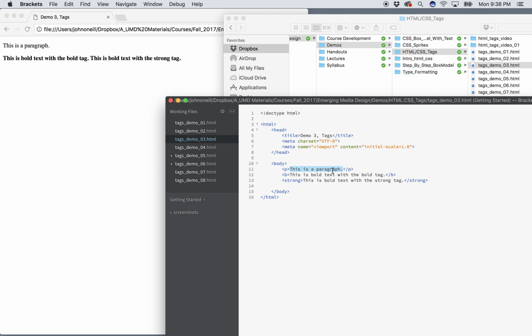It is that which defines it as a paragraph. Okay, so P stands for paragraph. Okay, B stands for bold. So that is why the text is bolder than the paragraph. But you also will see that in the other tag